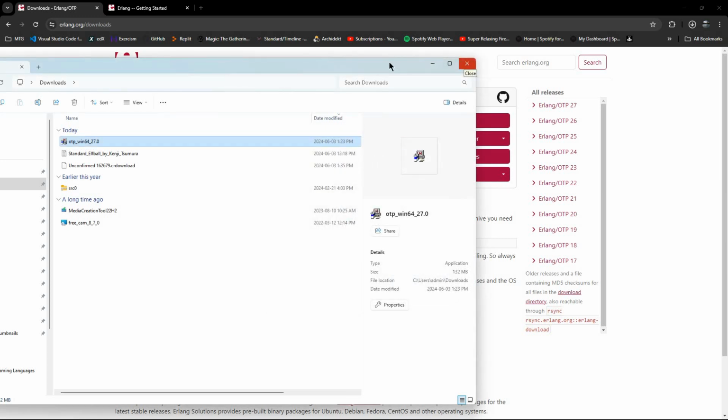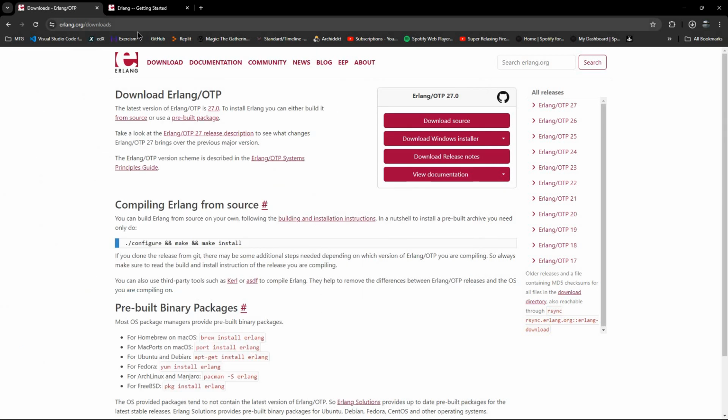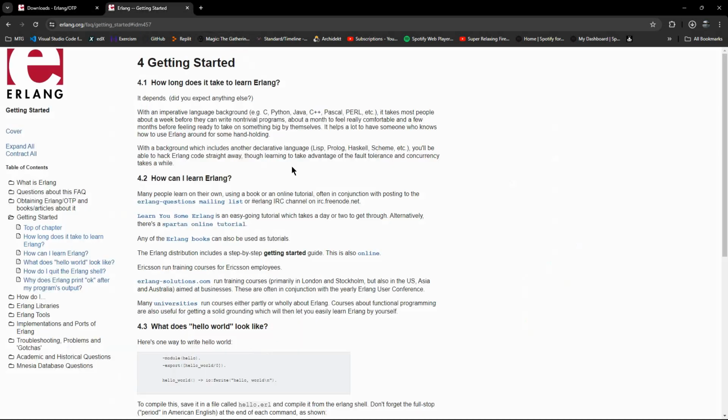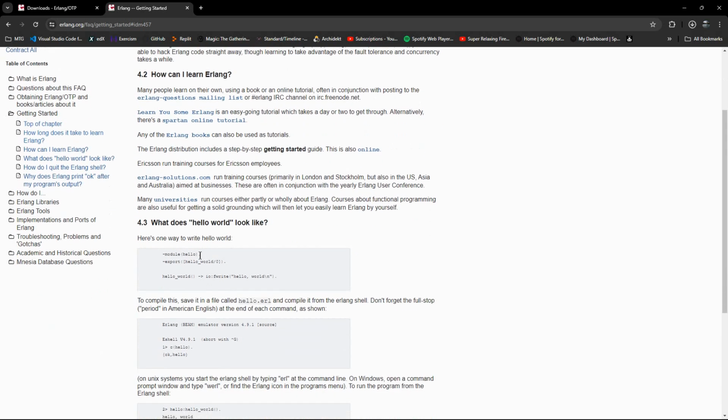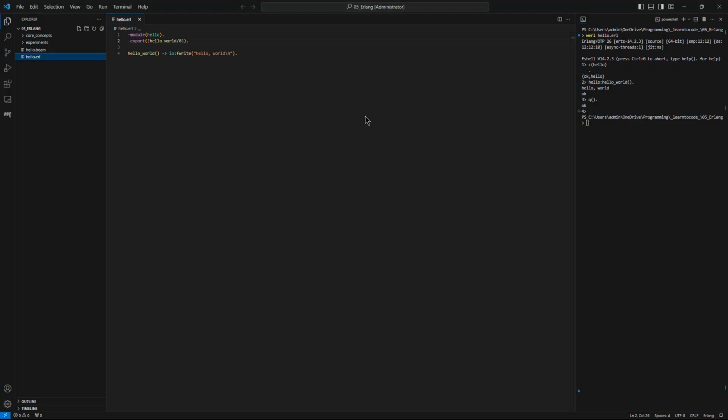Once you've done that, on Windows 11, there shouldn't be any need to reboot. It should just work. What I then did is just switch to the getting started, which I'll also include a link to, and made a note of this simple hello world program so I can test it. And so once I did that, I just went on to the next couple of steps. You can see I've got the hello world program here ready to go, saved as hello.erl into my Erlang folder